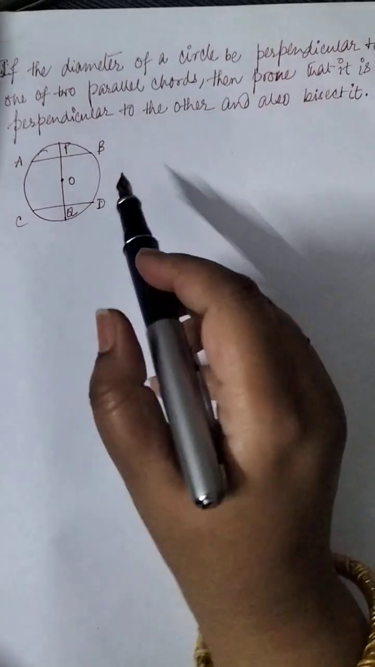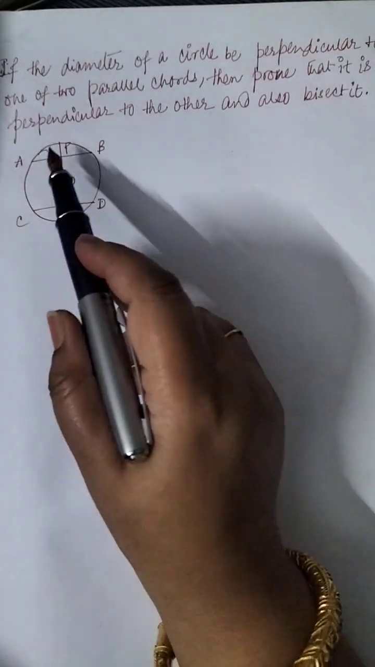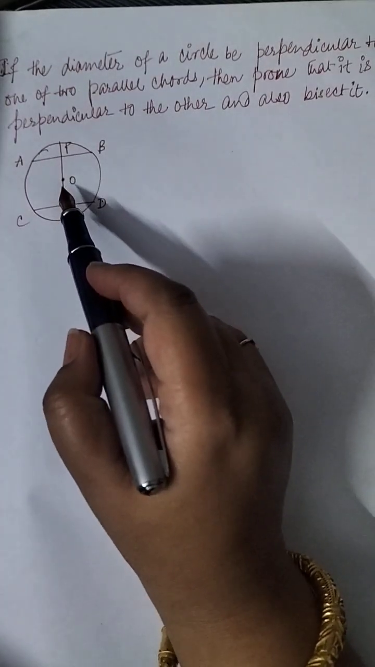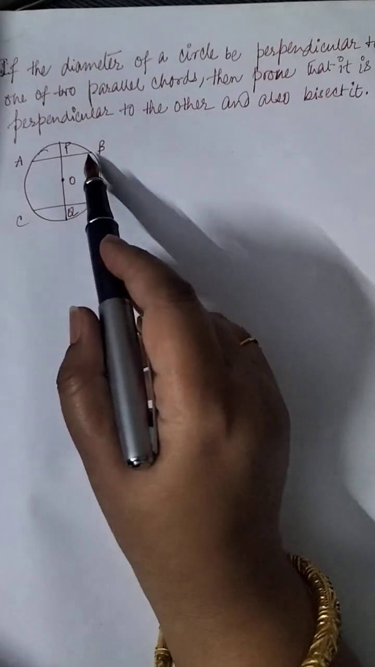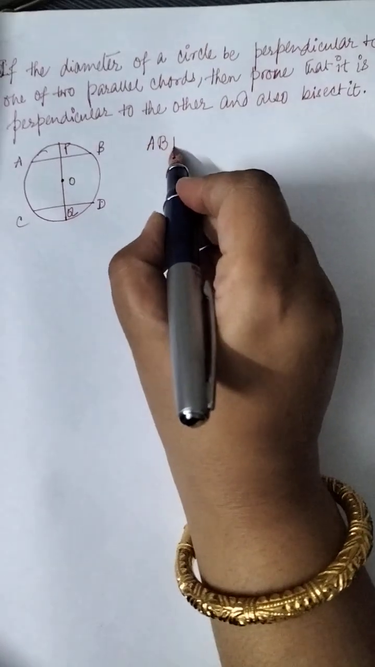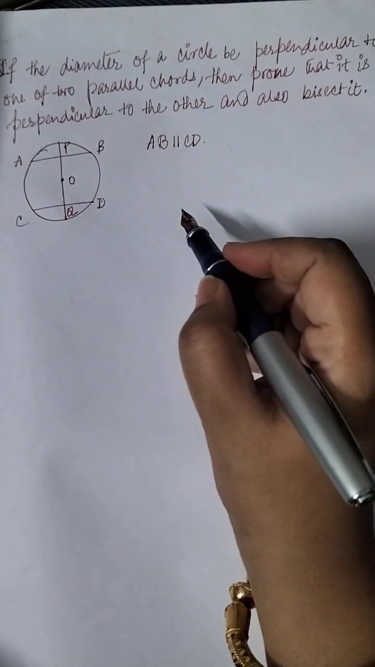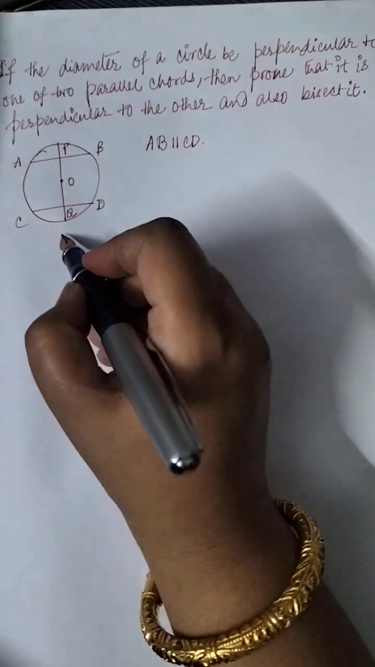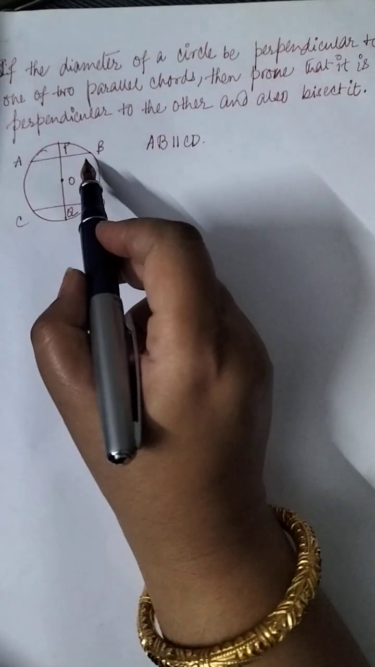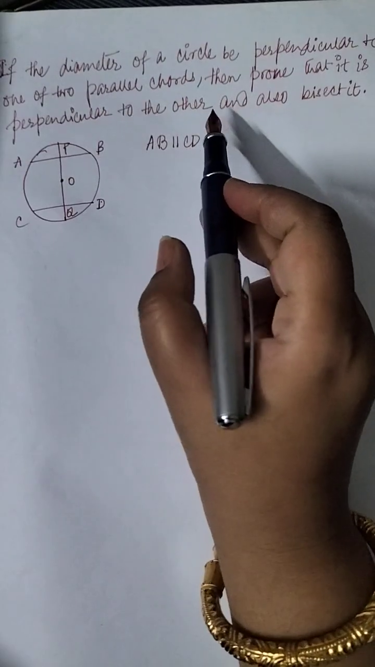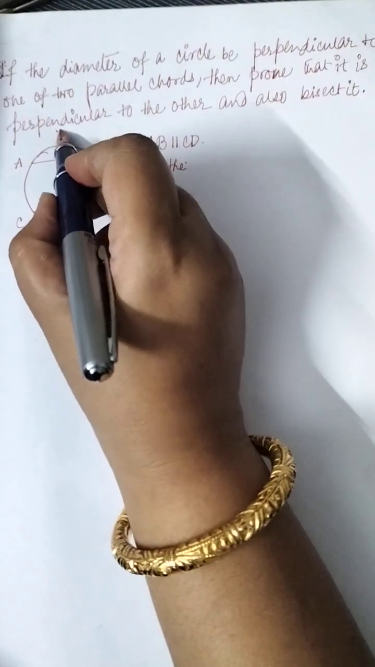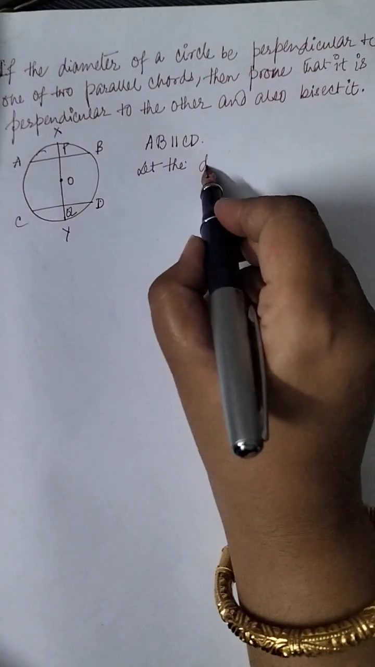Okay. So here we have considered a circle with center O. So we have to write, let the circle has a center at O. And AB and CD are two parallel chords. So we get AB parallel to CD. We have also considered that the diameter, which is passing through the center of course, is perpendicular to one of the two parallel chords as per the given information. So let the diameter, suppose the diameter is XY,